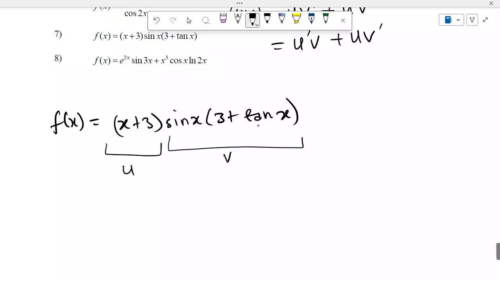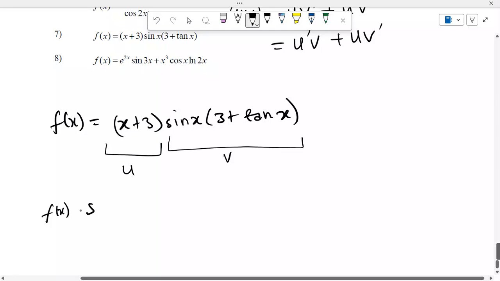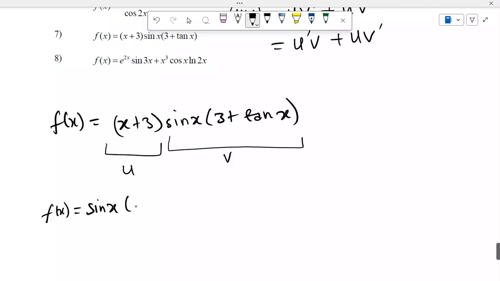After it becomes one function, then that's when we can apply the last part of our differentiation. Okay, so let's say f of x temporarily equals sine x (3 plus